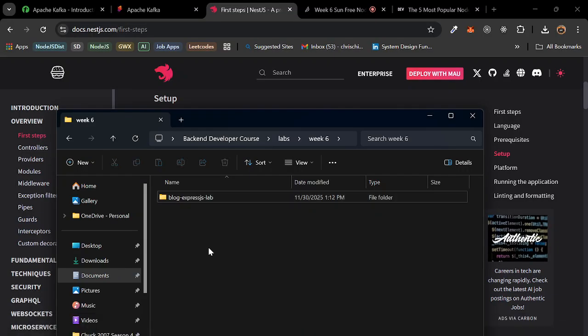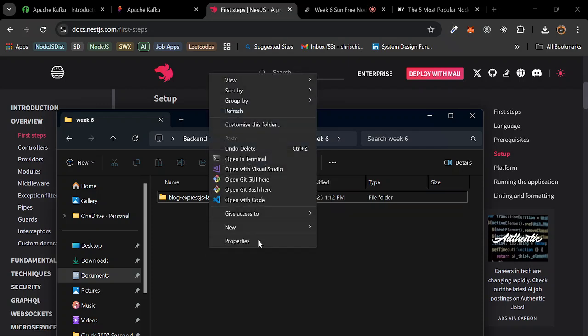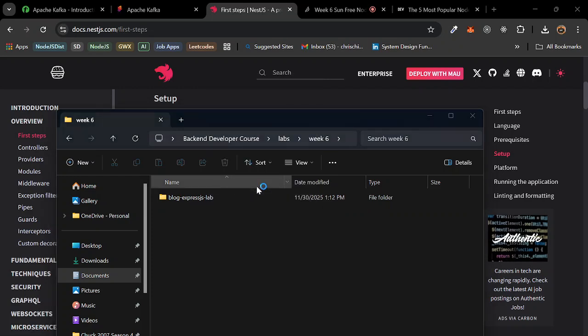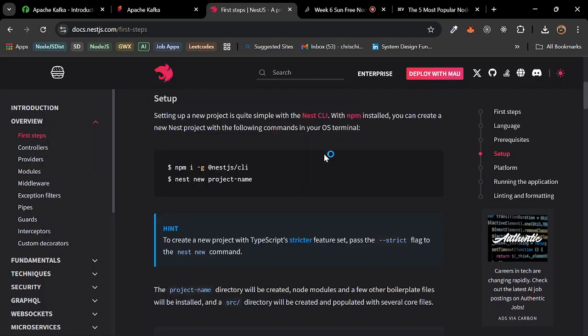Let me open my terminal. I have a question regarding the installation. Instead of using npm, I think npm is kind of increasing the storage size all the time. Why can't we just use pnpm? Yeah, you can use pnpm.